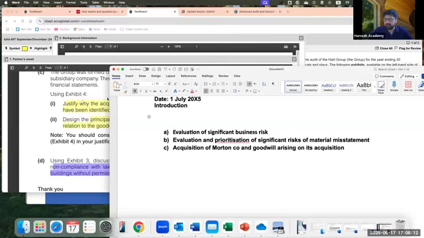And then it has a second part, audit procedures. Okay, audit procedures. And the final paragraph will be the conclusion paragraph. Now we have made the structure of the question,